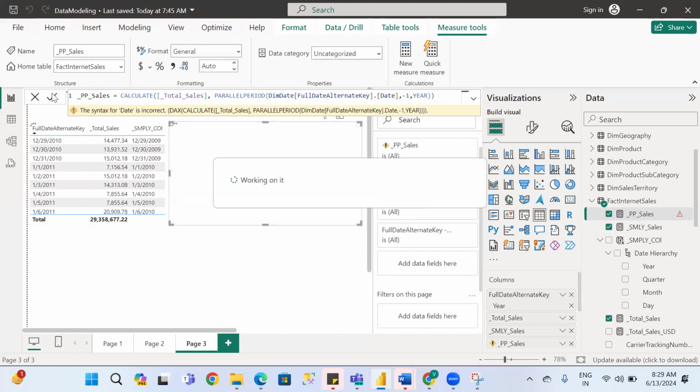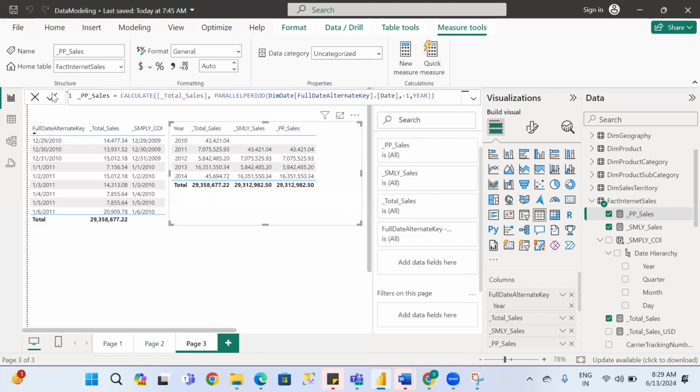So if any expression is wrong, this kind of error will come. So just watch it. Same period last year sales and parallel period sales will be the same. Both give the same. So what is the difference? Just comparison. This parallel period function will give the previous year sales also. But by using this, we want to go back of it. And also,